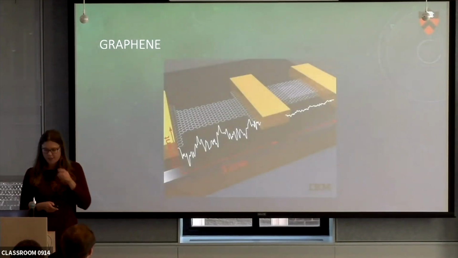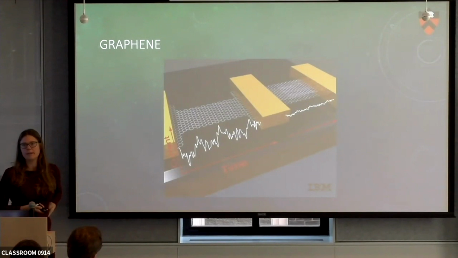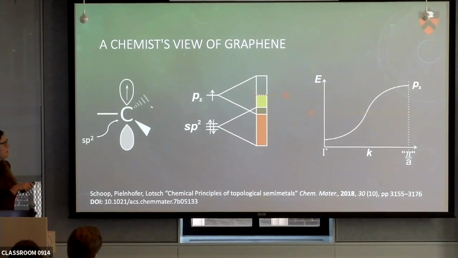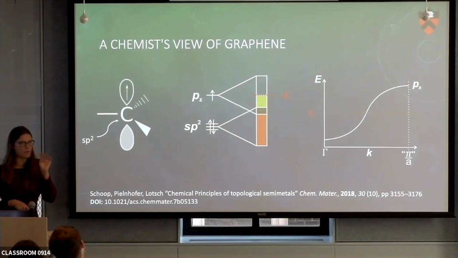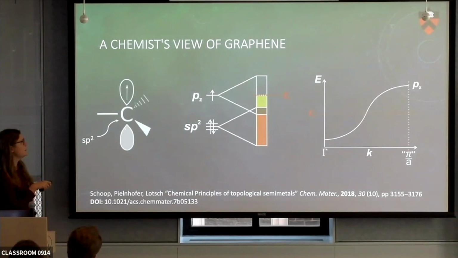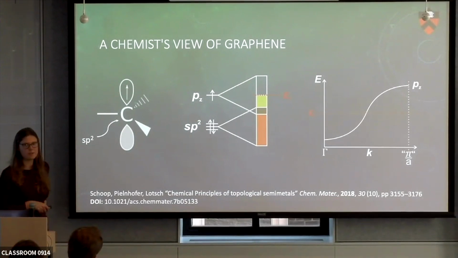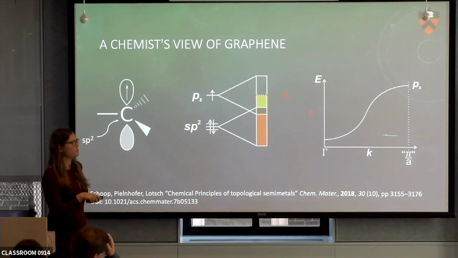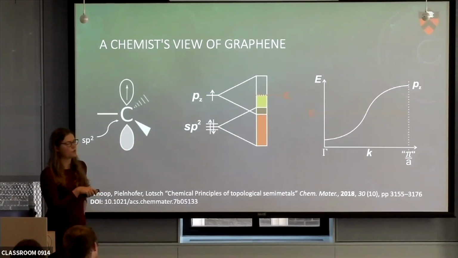So why am I so interested in this? Because this is a very simple and intuitive way of understanding graphene from a chemical perspective. As a chemist, we would look at graphene as a carbon atom with three chemical bonds that are localized, or sp2, so we don't really need to think about them, and then one single pz orbital which has one electron. The way we teach band structures first to chemists is to draw blobs of bands: a filled pz orbital and a half-filled pz band. You could technically extend it into a momentum plot, and you would just draw a half-filled p band.